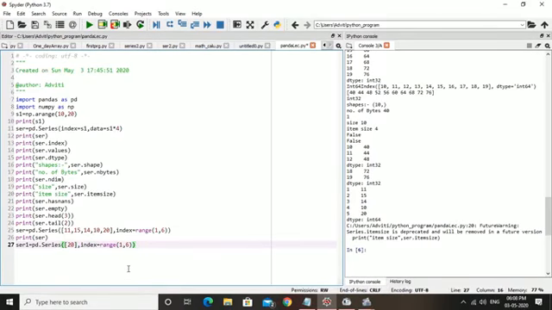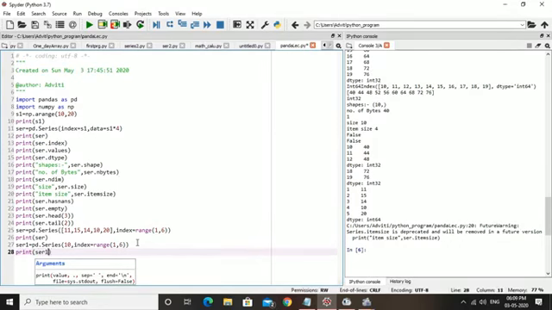Remove this, and let's say the constant value is 10, and the index is range 1 to 6. Okay, fine. Now let's print SER1.